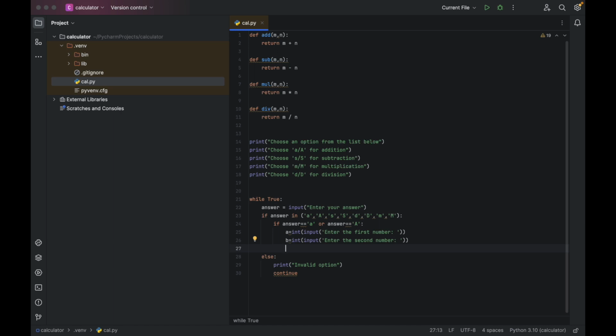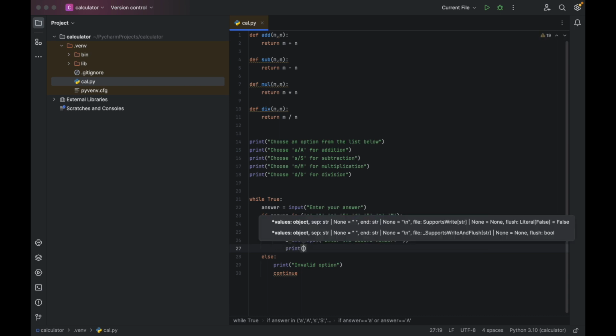Now what we'll do is print, because here there's a return, so there will be some value, so you have to print it because there's no print in the functions. If you see the add function, the sub, mul and div, there's no print, so there's return. So here you will have to write print the answer. The answer is